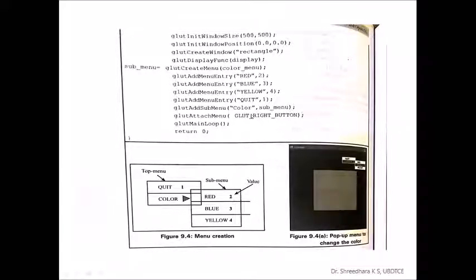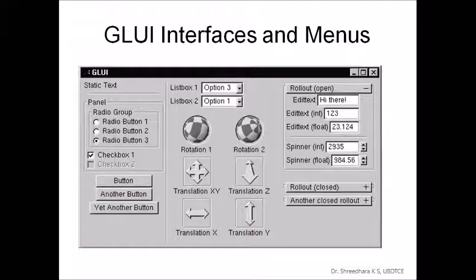With this idea, I will wind up this input and interaction chapter, which is essential for all the remaining programs. That's why I have taken this. This is available in module 5. This is an interesting GUI created using the GLUI library. It is supported with buttons, radio buttons, checkboxes, and this object's rotation and translation effects, all set, and the output screen looks attractive with respect to the GUI creation.